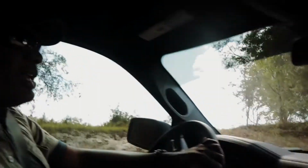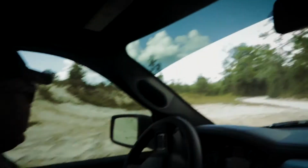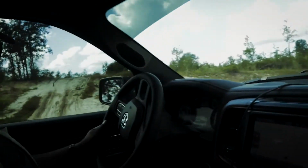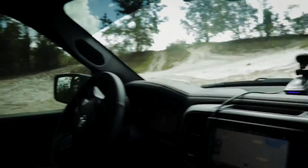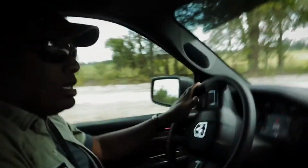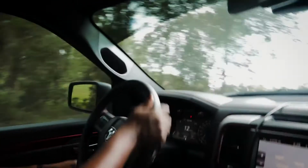I don't know if that locks the rear diff or what it does, but I am disappointed. Very disappointed that this is not having such an easy time. The 4Runner did a lot better than this when we brought it over here. So this can obviously drive around here. As you can see, it's driving around in all these crazy, it's beeping because Lola doesn't have her seatbelt on, but it's driving around here in all this crazy stuff. But